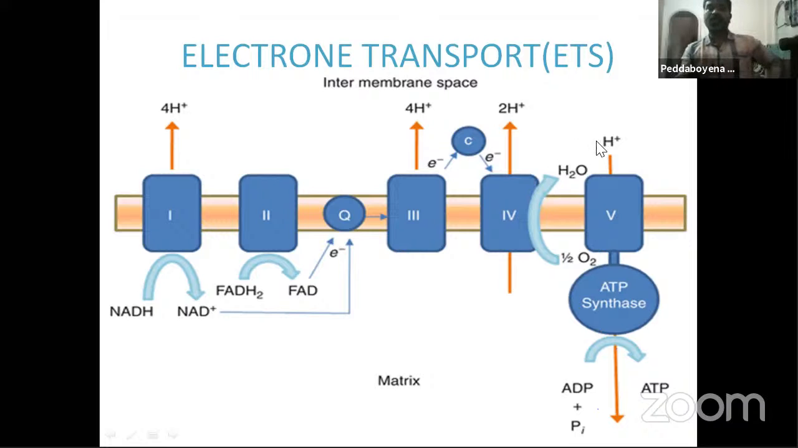So let us now come to the fifth complex, ATP synthetase. So ATP synthetase here forms the